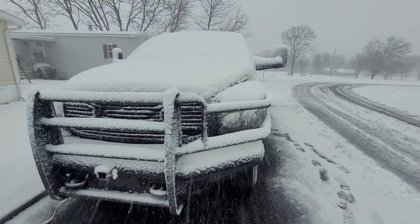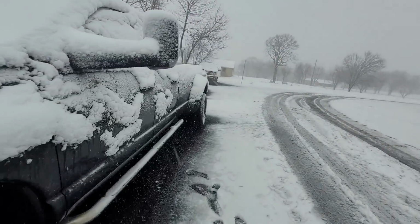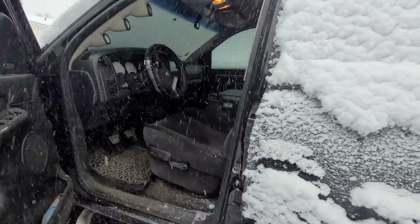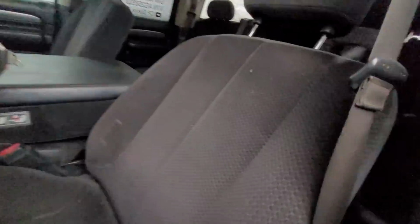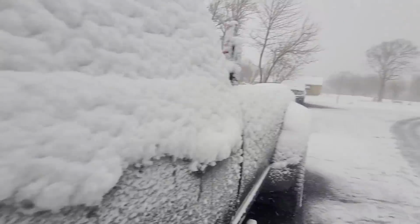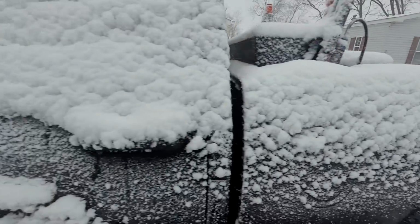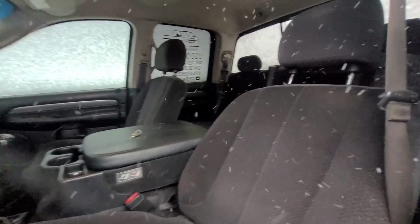Alright, so everyone's question: how does the truck do in two-wheel drive with this much snow? So, I'm gonna get everything put in, and we're gonna get it cleaned off. You can see, how much did we get? Probably a couple of inches. So, we'll get this thing cleaned off,